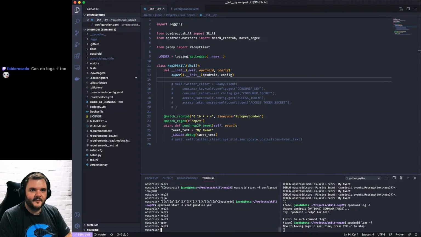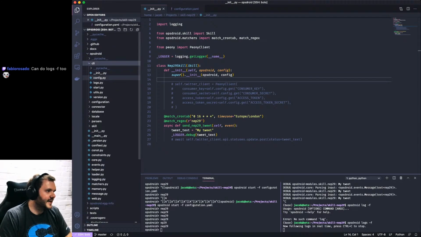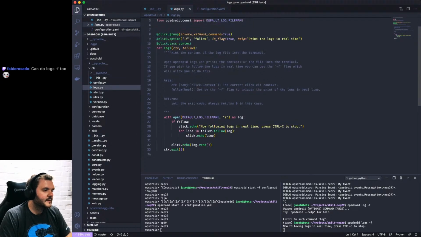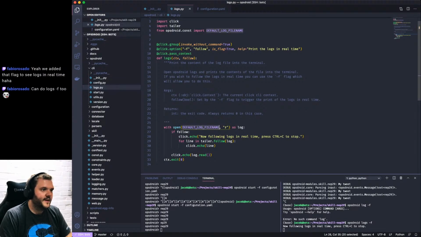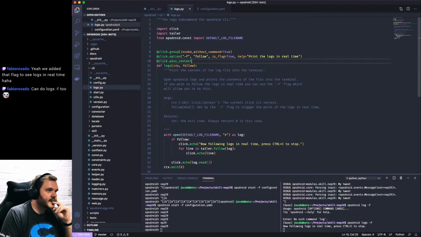I think it might be looking in the wrong place for those. Let's just have a quick peek at what that's doing. And this is a slight tangent again. Logs. Default, yeah, okay. Open default log file name. We don't necessarily want that, do we? Can I tell it which log? No.